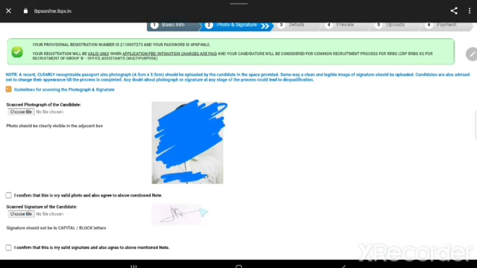I have chosen my signature also. After you choose it, your signature will also come here, and you have to press this button: I confirm that this is my valid photo, and also agree to the above note. And you have to press this button also: I confirm that this is my valid signature, and also agree to the above mentioned note. So photo and signature I already uploaded. Now you have to press this next button.